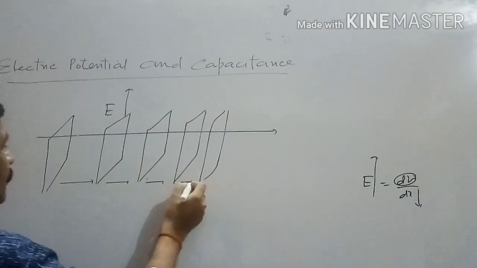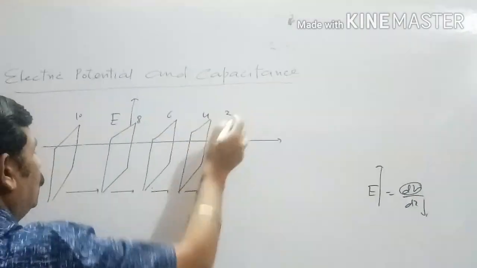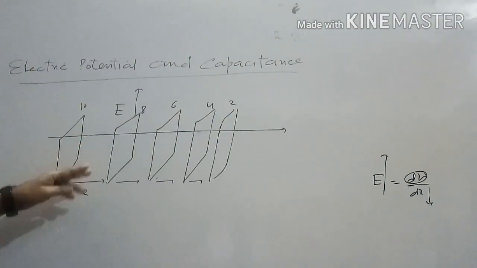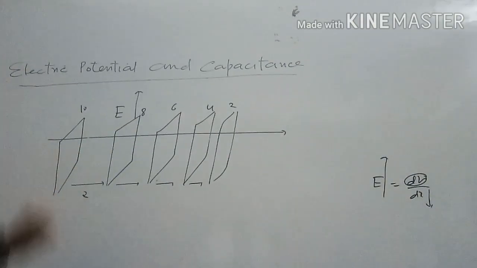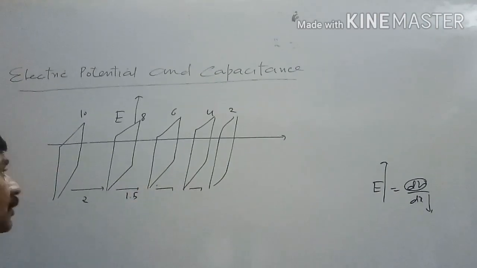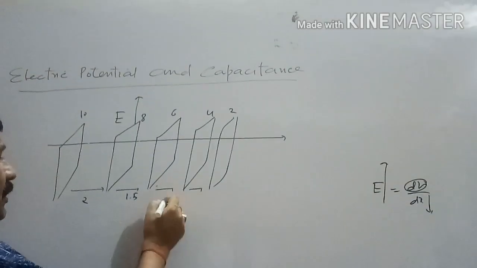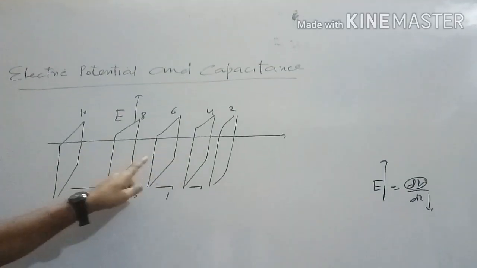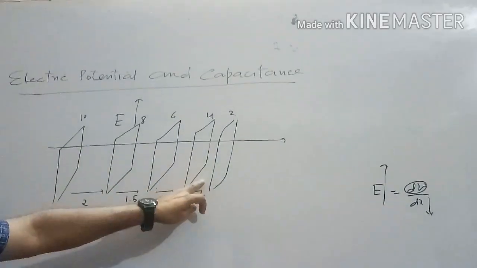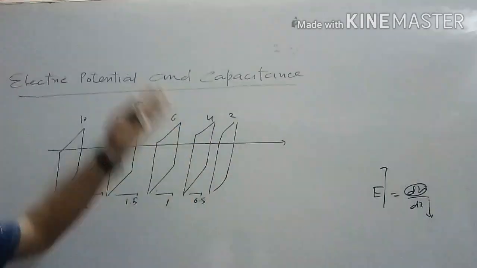Separation keeps on decreasing because if it is 10, 8, 6, 4, 2, here the separation is 2. So the potential difference is 2 and separation is 2, so intensity will be 1. Here the potential difference to distance ratio is like 1.5, so intensity is more than in the previous case. Here potential difference to distance is 2 over 1, so intensity will be more than this one. Potential difference is 2, distance is 0.5, and in this case intensity will be more than this one. And we are saying that in the moving forward direction intensity is increasing.